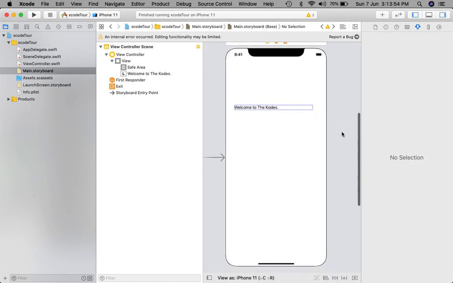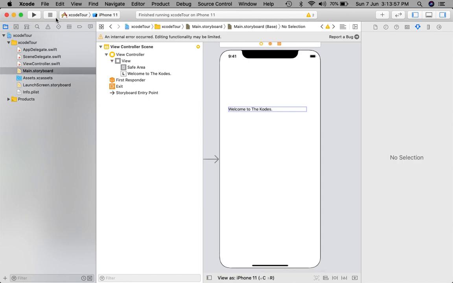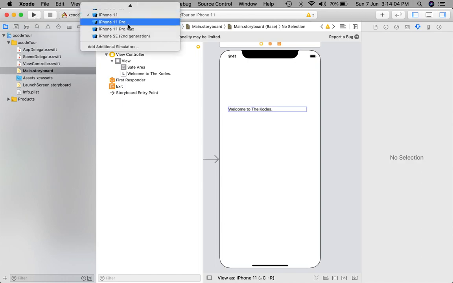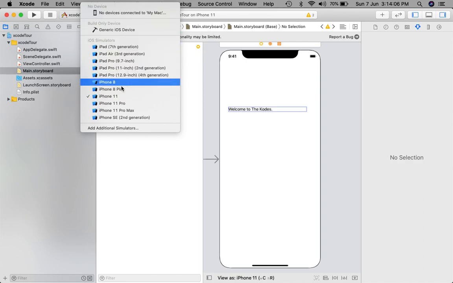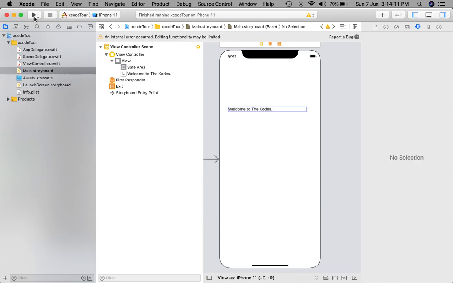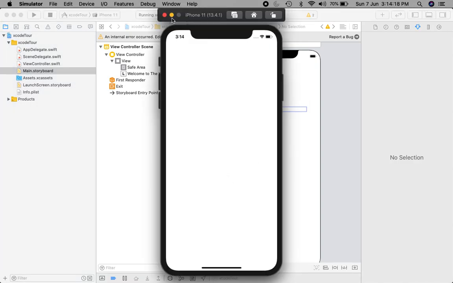Okay, and I will simply run this application using this toolbar section which I explained. I will click on the run button, and here I will choose the simulator on which I want to run. Here you can see the list of all simulators. What is a simulator? Let me run it, then I will explain. I just clicked on the run button, and the status shows launching and attaching the application to Xcode. Here the application is launched on the simulator, and it says welcome to Xcode.